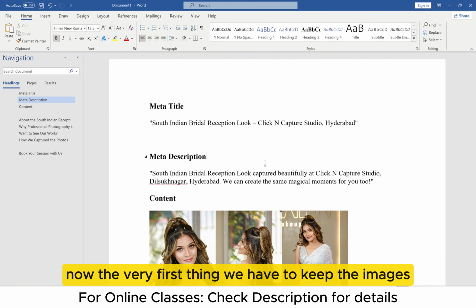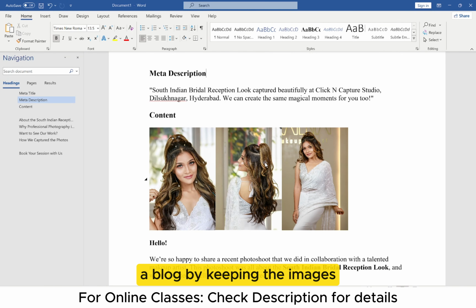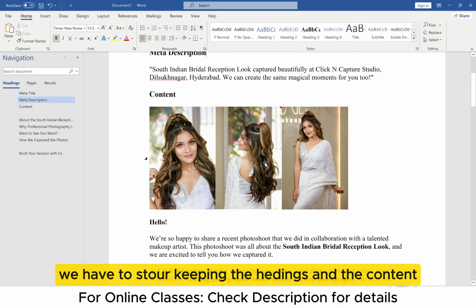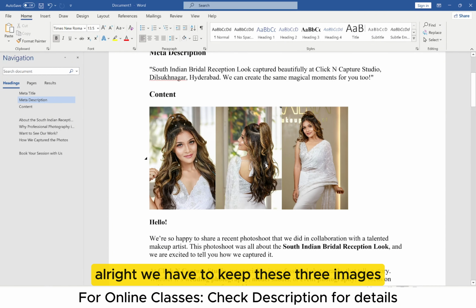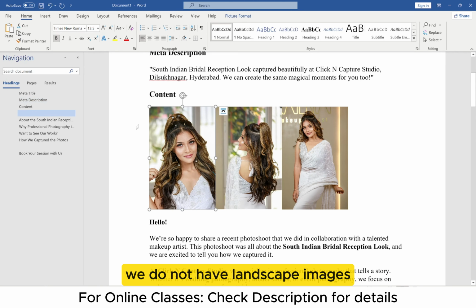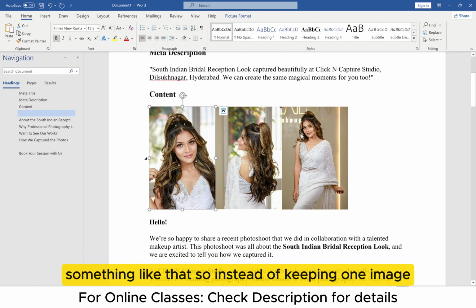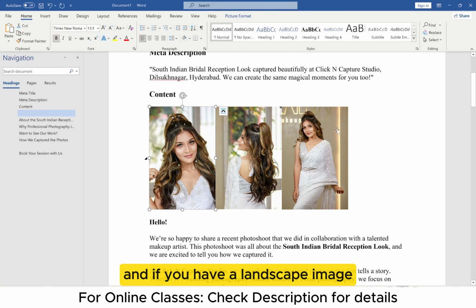Now the very first thing, we have to keep the images. It is always good to start a blog by keeping the images, and right after the images we have to start keeping the headings and the content. Alright, we have to keep these 3 images because for this particular client we do not have landscape images. I can see the images that are of maybe Instagram type, something like that. So instead of keeping 1 image, we are keeping 3 images. And if you have a landscape image, always prefer to keep the landscape image, a single image on the very